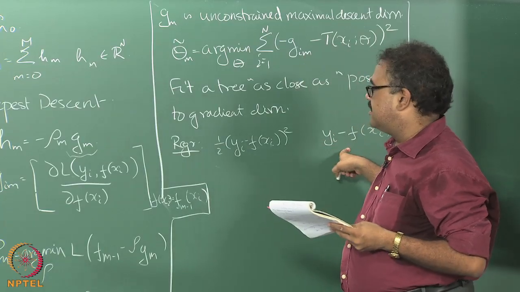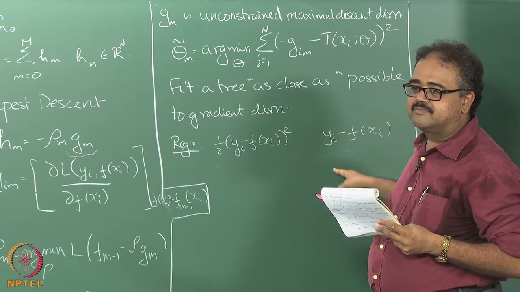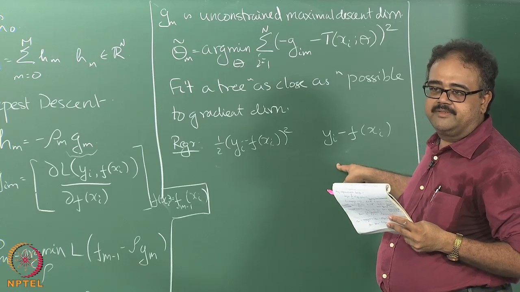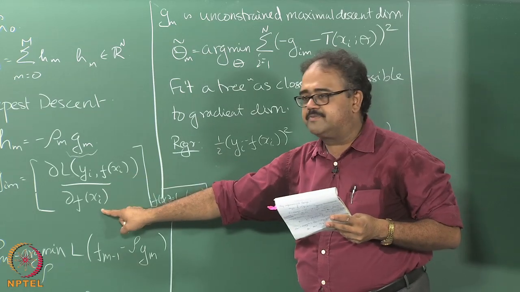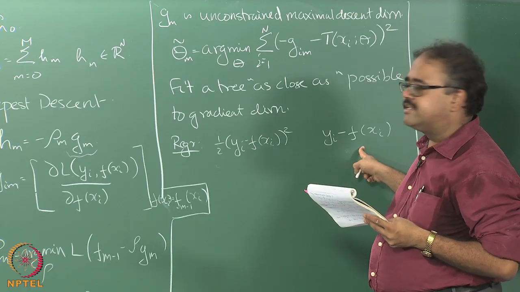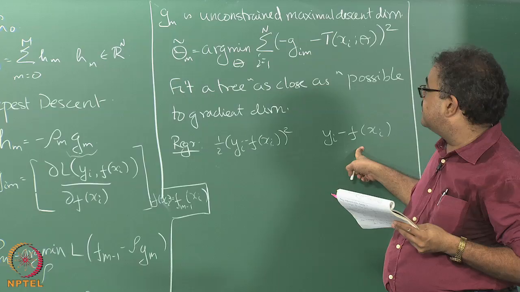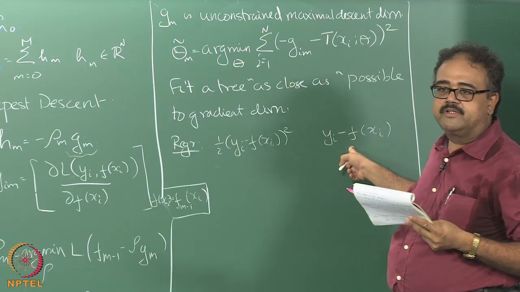What is this? This is GM, essentially the gradient of the loss with respect to f of xi, right. The gradient of this with respect to f of xi is essentially the residual yi minus f of xi, right. So this is basically minus GM if you would think,